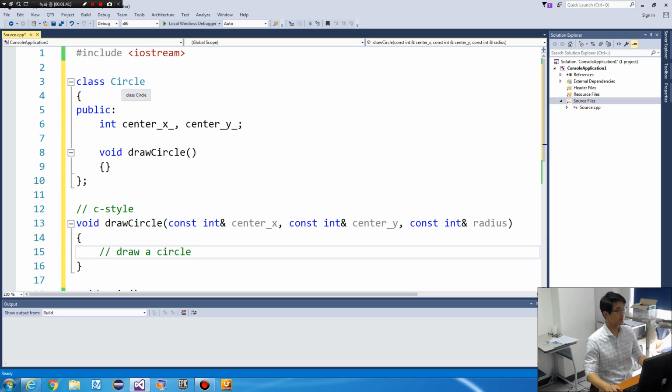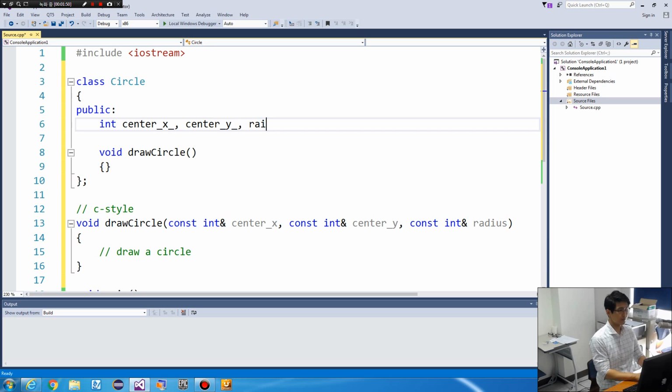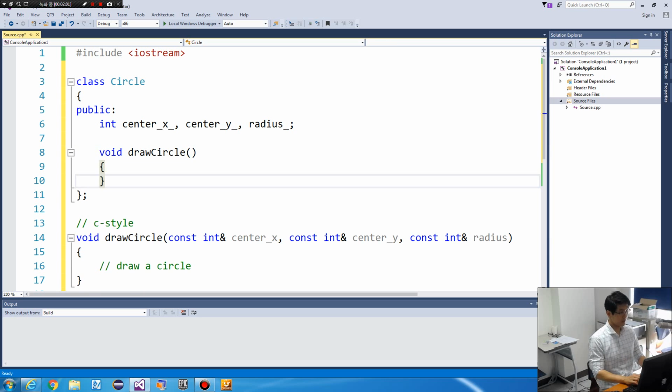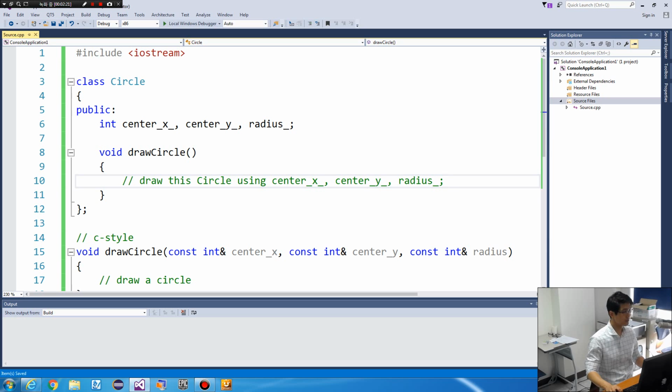In C++, you can define a class which includes data, the member variables, center x, center y, and maybe you can add radius like this. And you can define behavior or action. So this draw circle draws this circle, right? Using these data, right? So we all know this one,